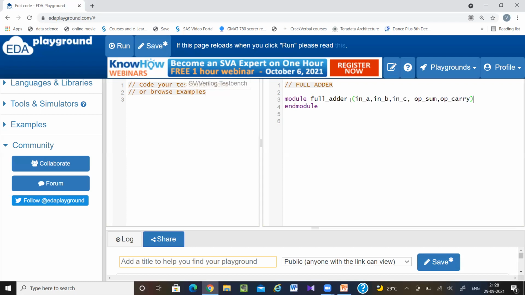Whether you write simple A, B, C or in A, in B, in C, it is not going to change your code. It is just giving a meaningful name, so that whenever other persons look into your code, it will be easy for them to know whether this port is an input port or output port.